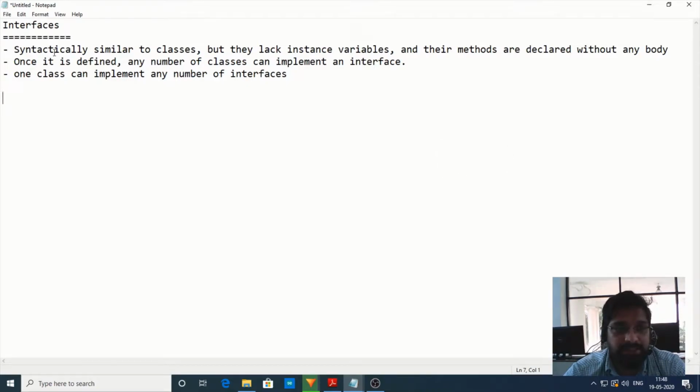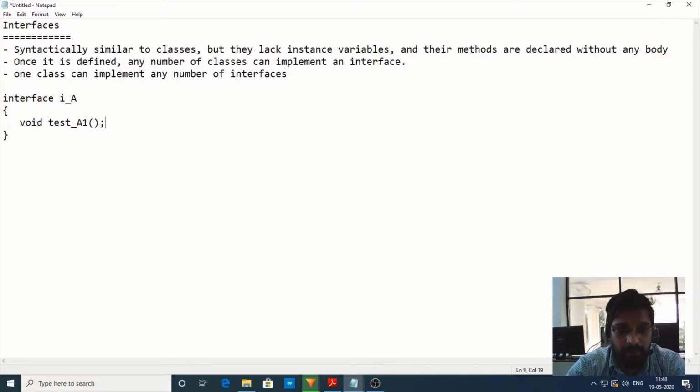So let me discuss interfaces in Java. In order to create an interface in Java, we should begin with a keyword called interface followed by the name of the interface. The name of the interface can be any identifier of your choice. But right now I have taken the name of the interface as I_A. So inside this interface, we can only declare the methods, but we can't define any methods. So let me declare a method called void